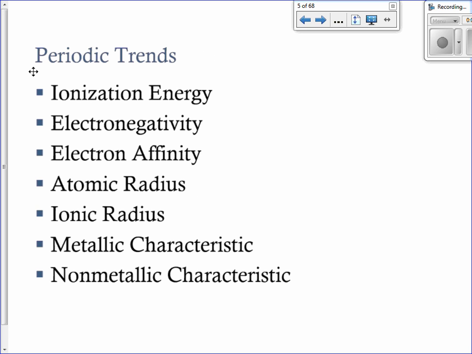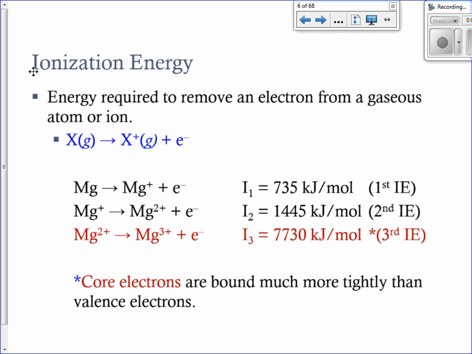So, trends, starting with ionization energy. Ionization energy is the energy needed to remove an electron. Remove. What do you need to break that electron off? Remember, you can break off electrons, and you can add in electrons. Breaking is always endo. Remember, forming is always exo. So this is an endothermic process. You need energy to do this, breaking off an electron.